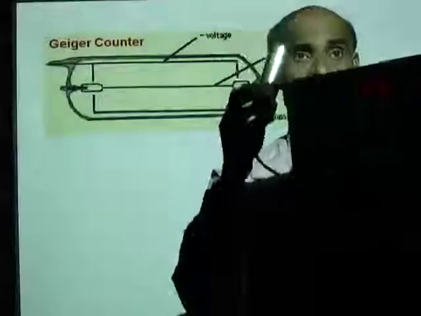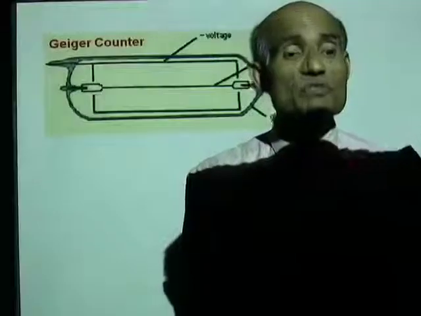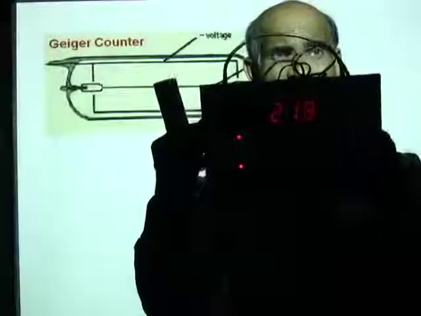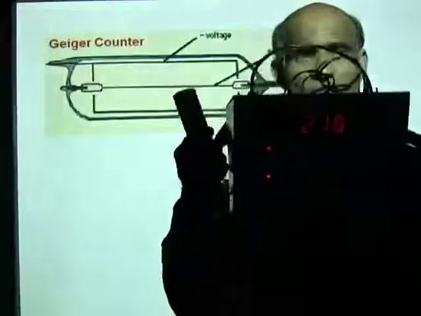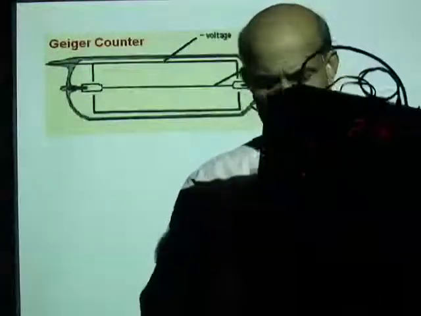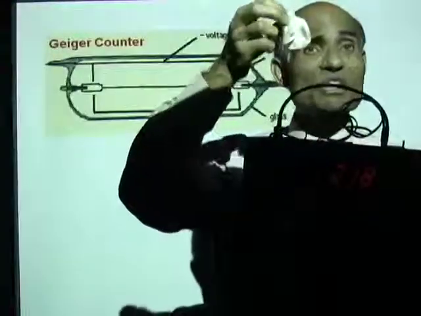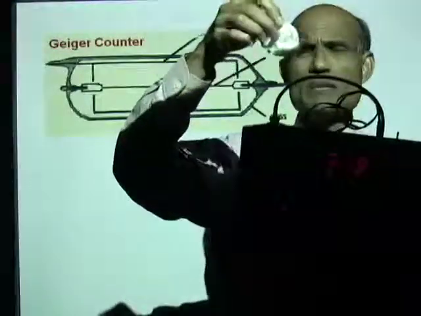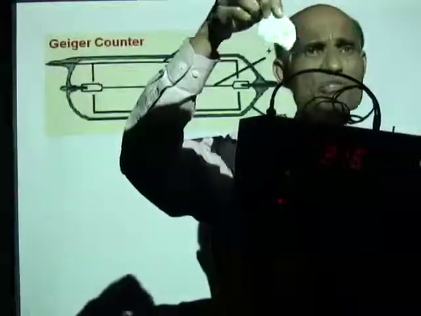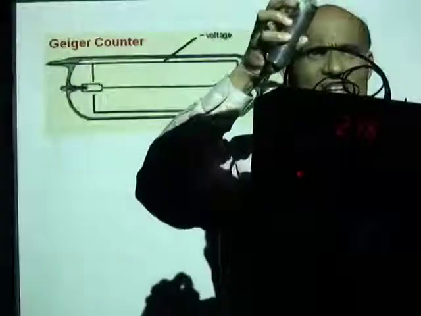This is the counter, and this is the scalar which actually detects and counts and gives you a measure of the radiations. All right? Now, let me see. This is measuring the background radiation. Now what I'm going to do is use a material that is going to enhance radiations. Now this is actually the filament of a lamp. Are you familiar with gas lamps which use this kind of filament? Now see what happens when I keep it, well,